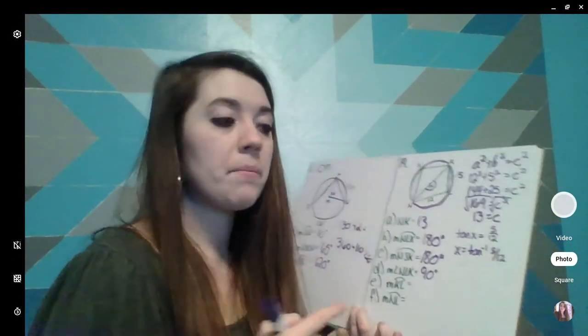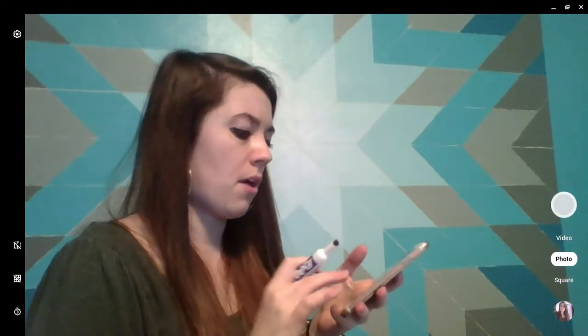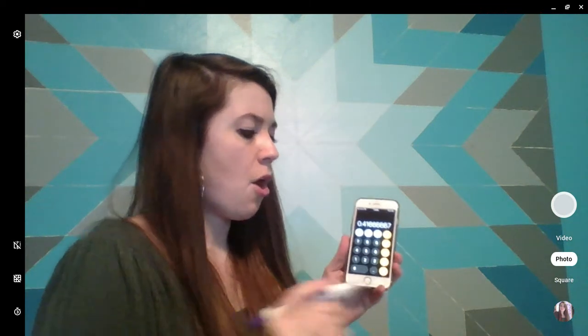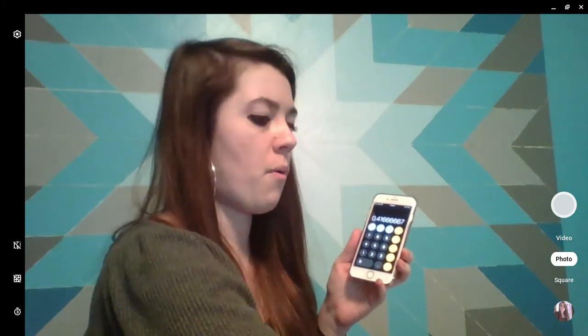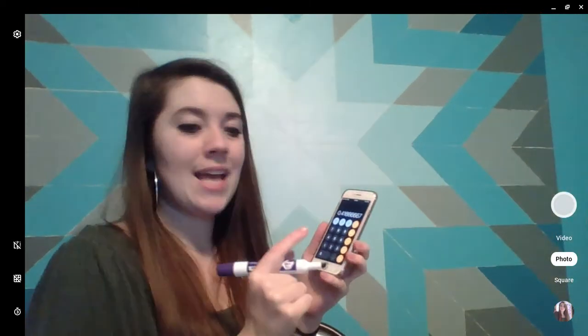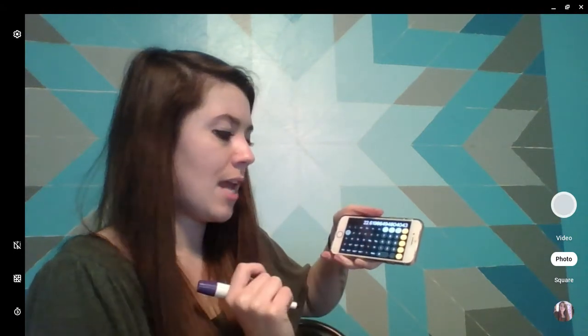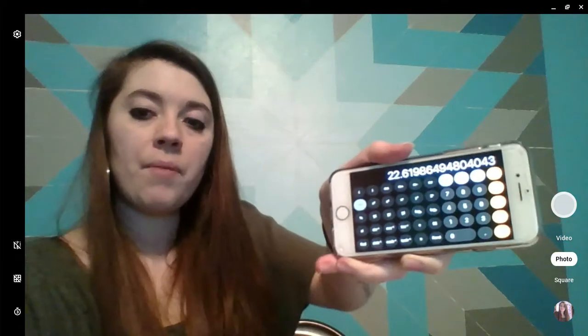So now we're going to plug that in to our calculators. So once again, take out our phones. So remember, do 5 divided by 12 first. We end up with 0.416 repeating. So we're going to take that and turn it to the side. Remember, hit the second, and then you get the inverse functions. Hit the tangent inverse, and we end up with